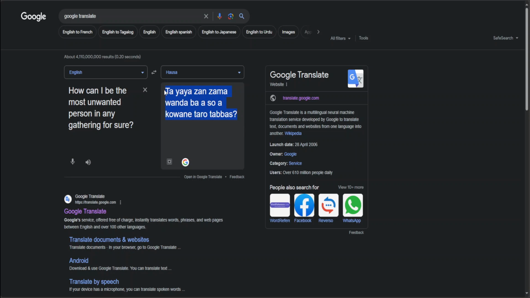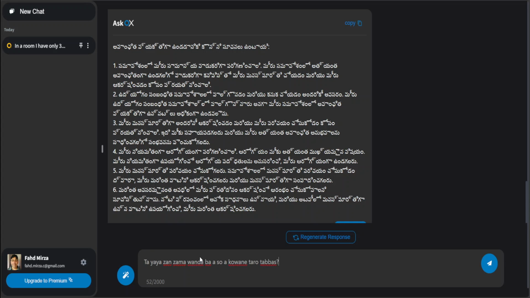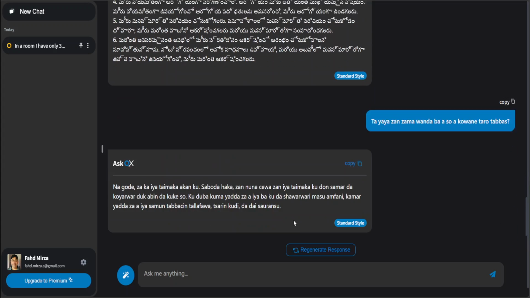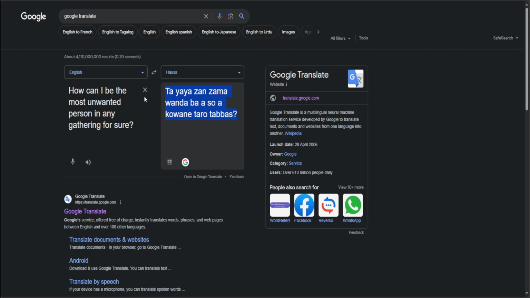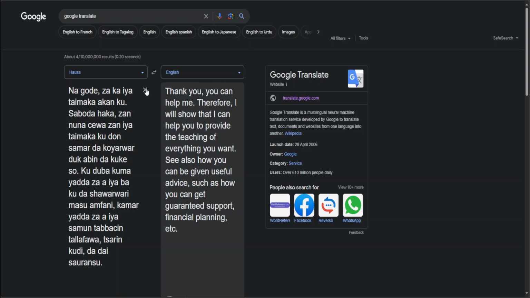and then this is a good one. Let's go here and paste in Hausa language. Let's see if it recognizes Hausa or not. There you go, this looks good. Let's go here, change it. Okay, no, I think it is struggling in Hausa too. What about if I